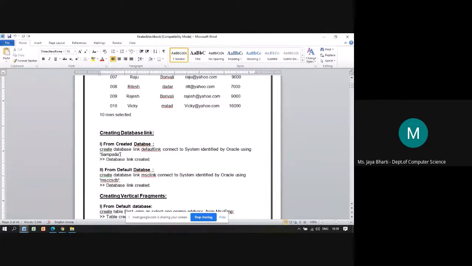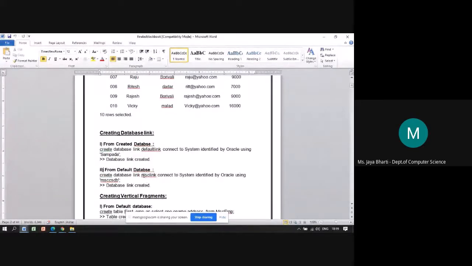Okay, this is one, and the second one from default database. So here we are creating two links, default link and the another one to the database, which is the default database. So create database link.